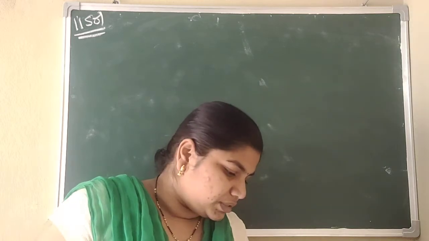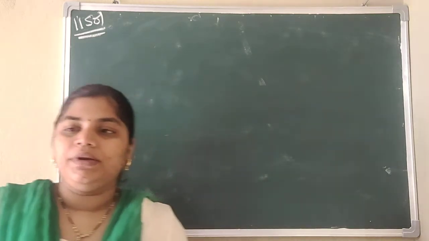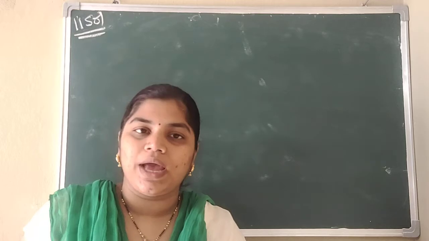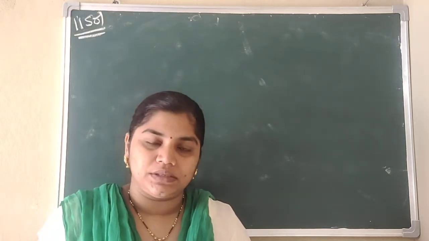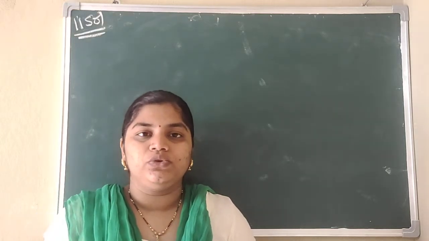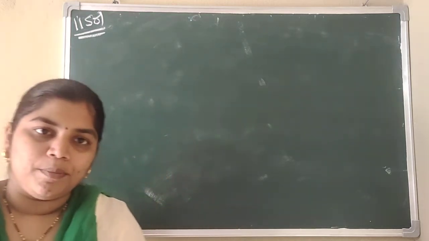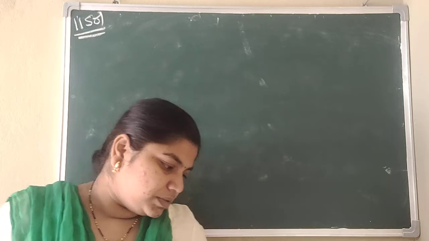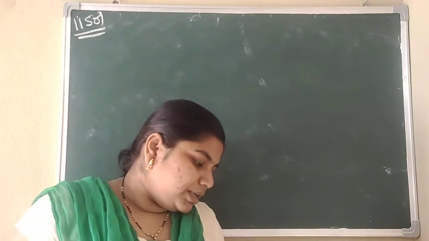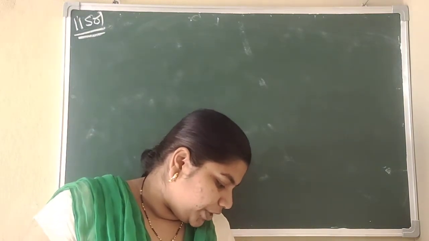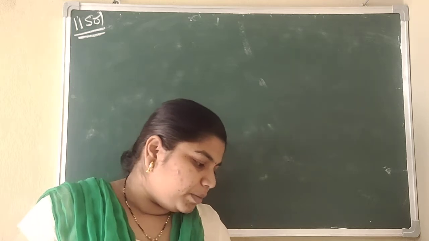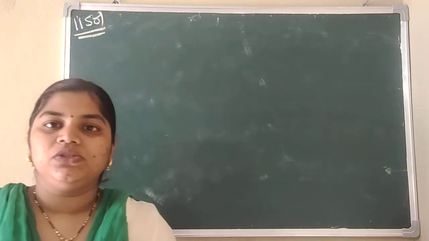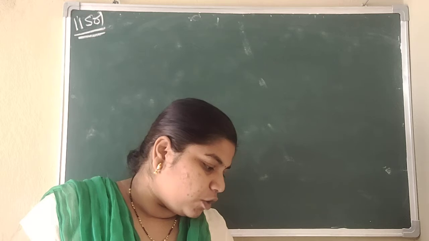Already I told you in 6th class, 7th class. So complementary angles means if you are adding any two angles, that will be equal to 90 degrees. The sum of two angles is equal to 90. We will call them complementary angles. So here the sum of two angles is 90. So what are the angles we have to find? And they told that they differ by 12. So the difference of the two complementary angles is how much?